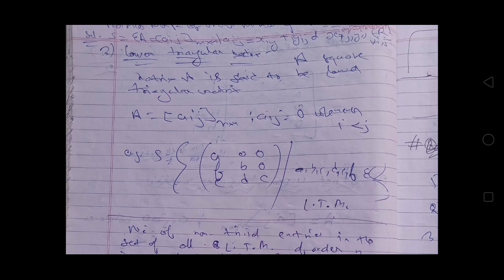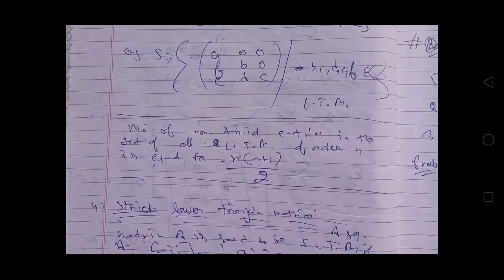Now see what lower triangular matrices are. A square matrix A is said to be a lower triangular matrix if A is some matrix of order n cross n with entries Aij, where Aij is equal to 0 whenever i is less than j. You can see this example. In this example, we can clearly see that all the entries above the diagonal line are 0. So the whole process for getting this result is the same as mentioned for the upper triangular matrices.